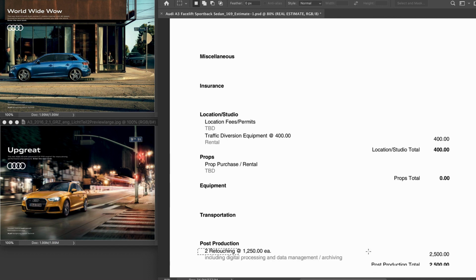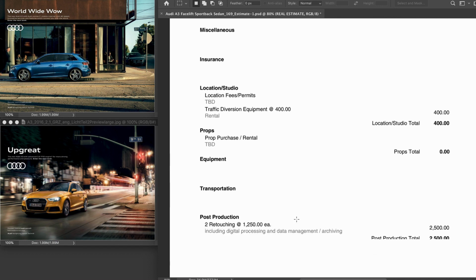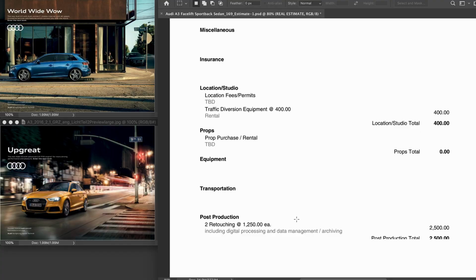Next thing is retouching. Now retouching, I hire my retouchers and Photoshop artists externally. So for me, that's considered an expense. If I did my own retouching, I would include that into the fee section. But most of the subsections you see here are expenses. And there's only one section of fees, and that's my photographer's shooting fee. So in this case,